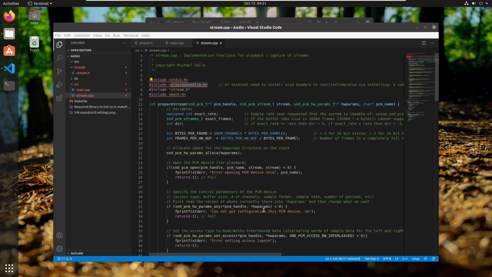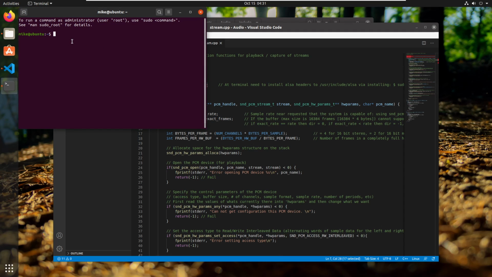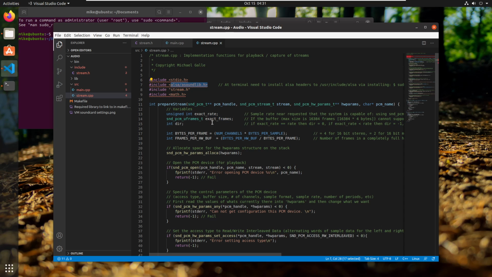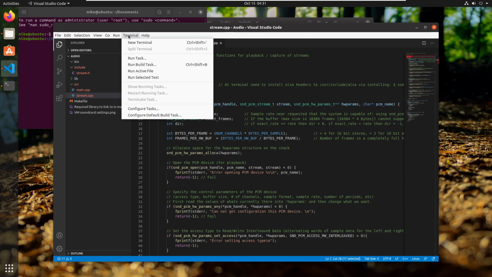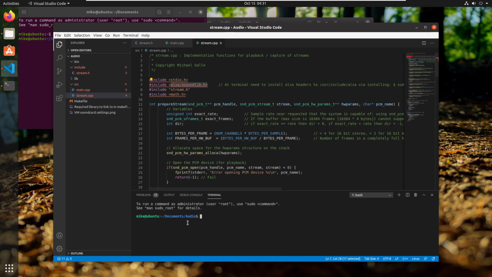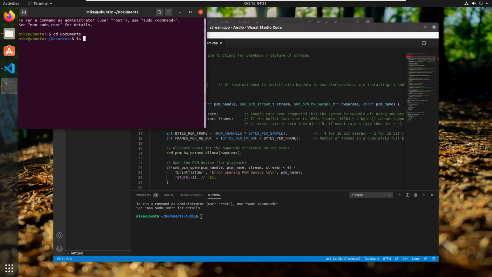You can go to the terminal and say cd and then documents. Okay, we're in documents. Or what's nice about Visual Studio Code is that you have the terminal here, so you can say new terminal, and it's taking us right to audio, right to where we want to be. So we would say ls, and the audio is there, but